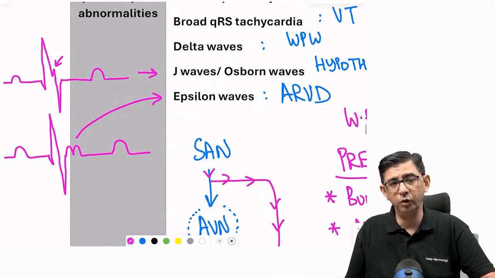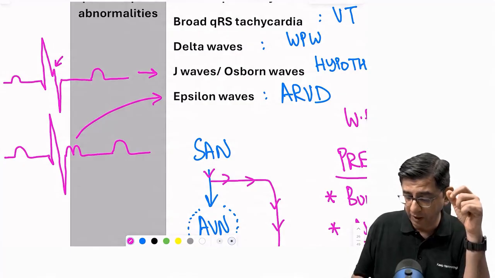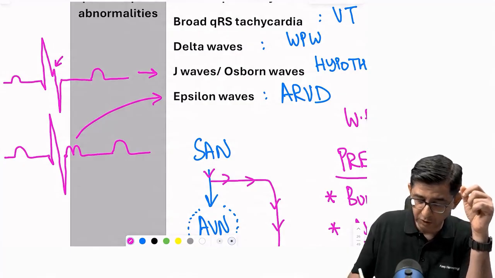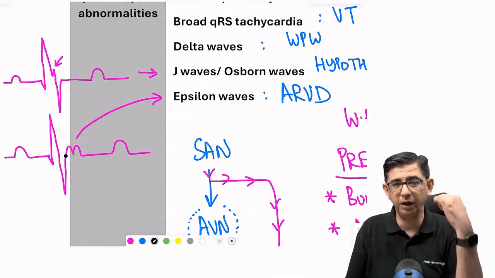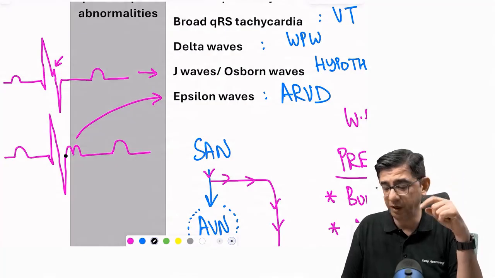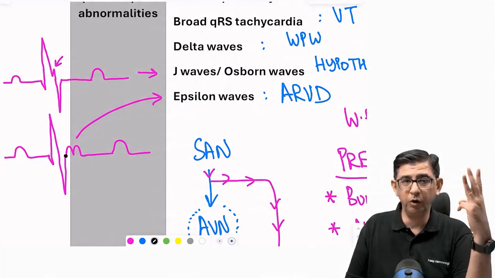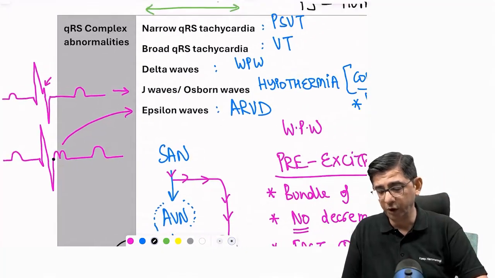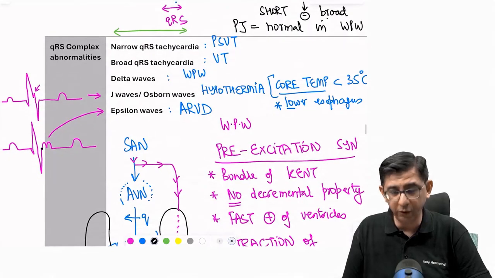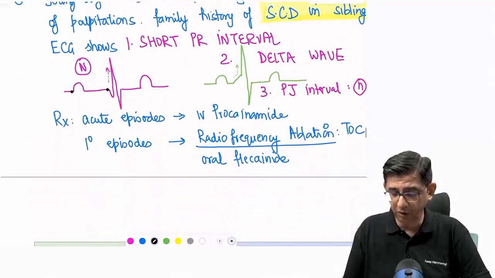So if I zoom it in, you can notice that the aberrations in the ECG are coming at a different point. Here the J point is over. This is the J point, this is the isoelectric point, and after that I've shown an M pattern that's called the epsilon wave in arrhythmogenic right ventricular dysplasia. So you learn three abnormalities: delta, Osborn wave, and epsilon wave, and I would want you to practice this in your own handwriting. Take a paper and pencil and draw these waves so that you feel a little more comfortable while